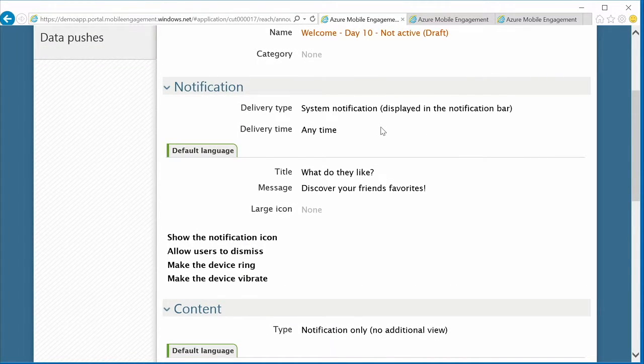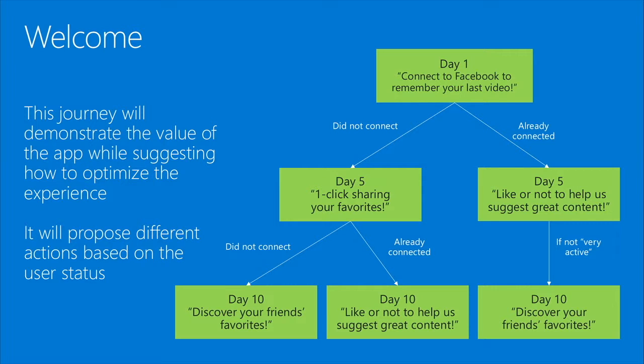So again, to come back to what we were trying to achieve, a welcome process going through time over the course of 10 days. It can be 30 days, it can be only 5 days, depending on the level of speed of engagement of your application. And you want to make sure that you find that speed depending on the occurrence, the frequency of engagement from your users inside your app.